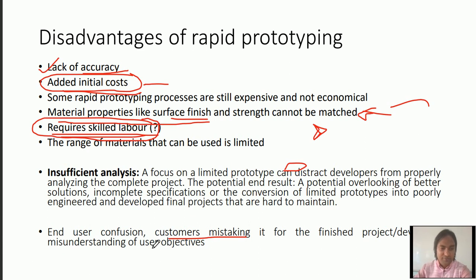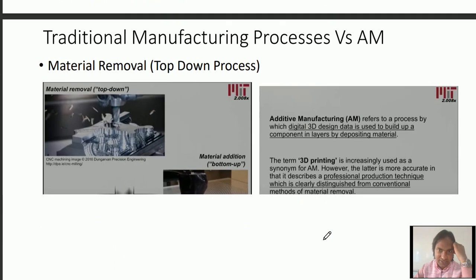So individual confusion, some users might get confused with the product, and they make some mistakes. Why is it customer mistaking? Like in 3D printing we don't get smooth surfaces, but when we show them what our product will look like, they will feel that it is not a smooth surface, so they will get confused, and then they will think that the final product will have these wavy surfaces. So that is the case.